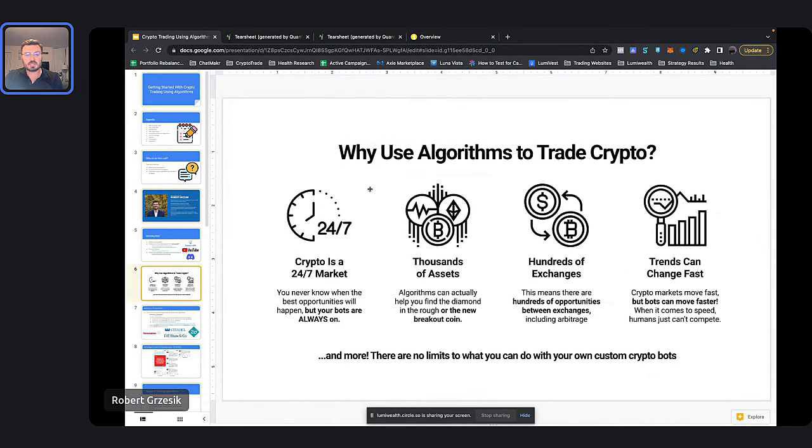Okay, cool. So let's get started on why do we want to use algorithms to trade crypto. So there's a bunch of reasons. These are probably some of the top reasons, but there are quite a few more. First of all,